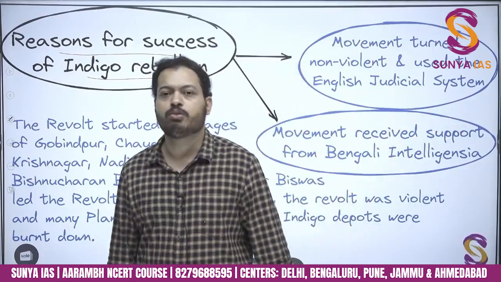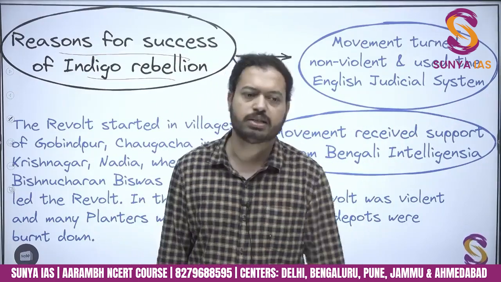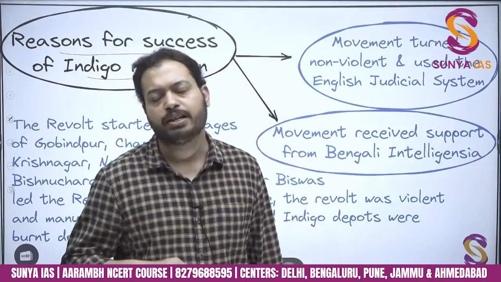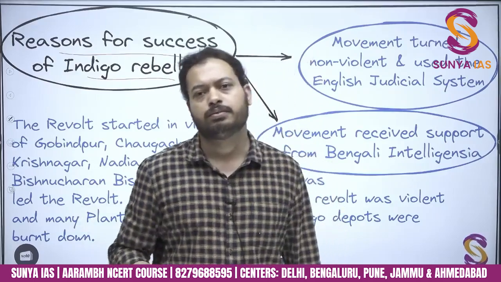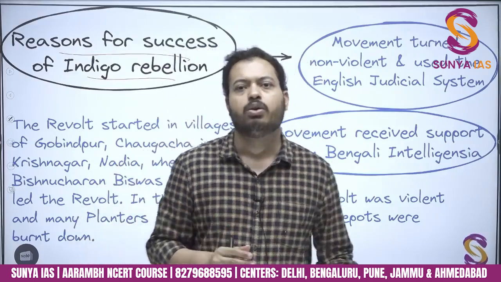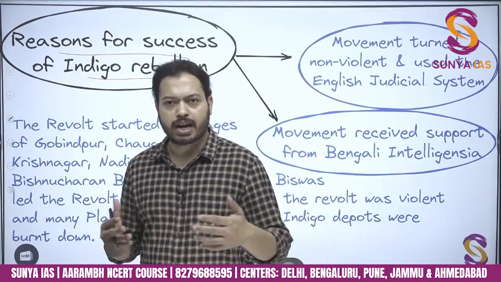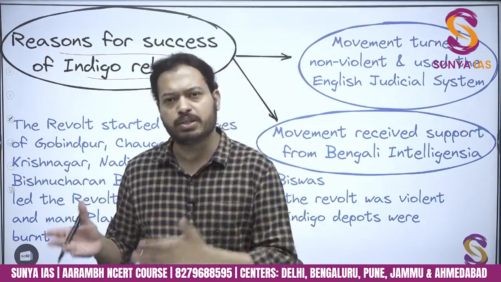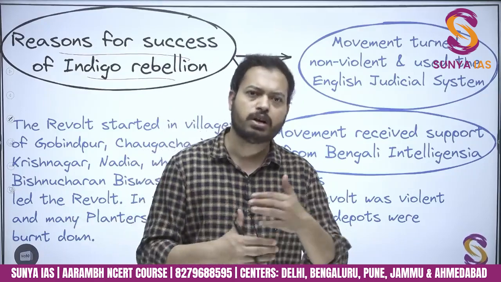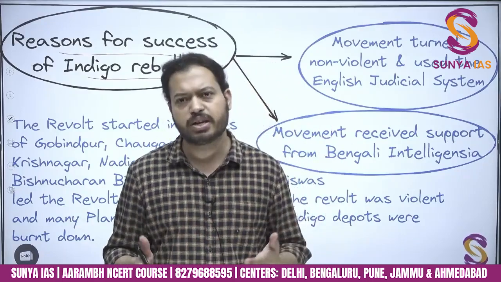Because at this moment, when it was in the initial stage and getting violent, the Bengali intelligentsia, the Bengali middle class who had somewhat interacted, got a bit rich, were established in Calcutta, and were part of the whole structure evolved by the East India Company,